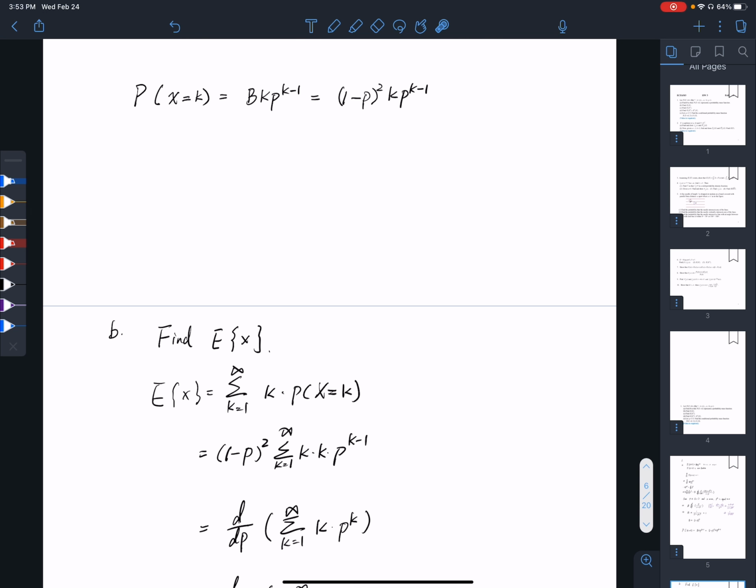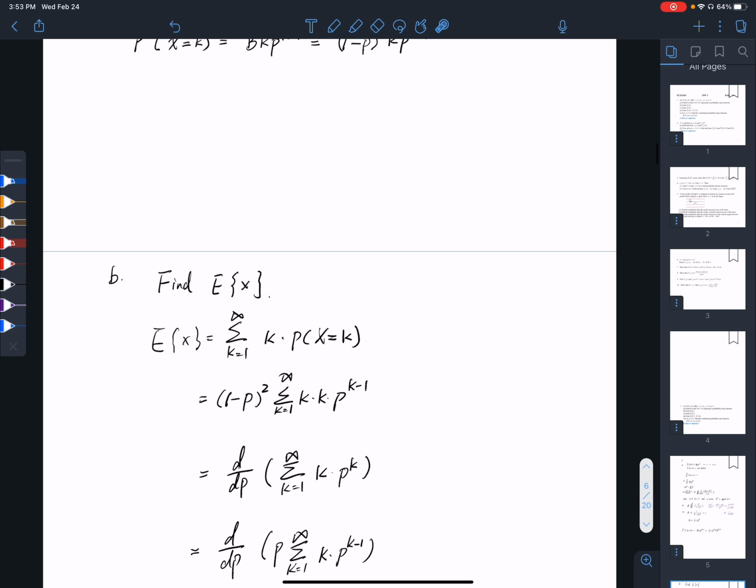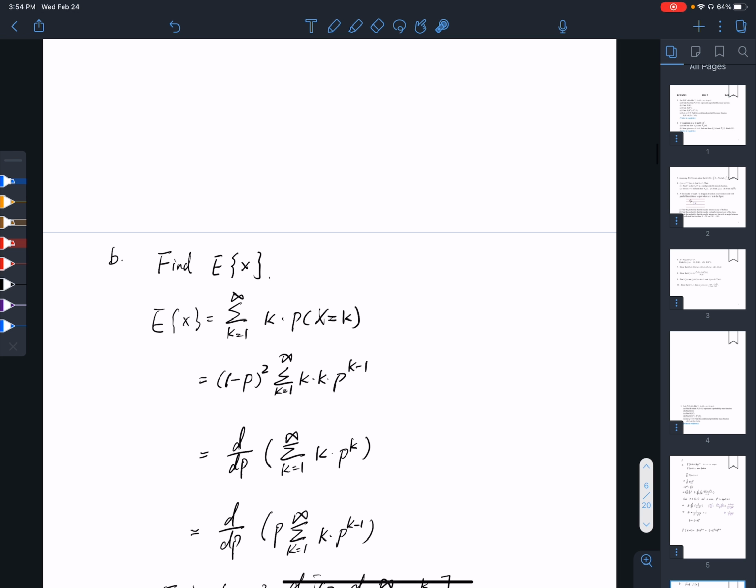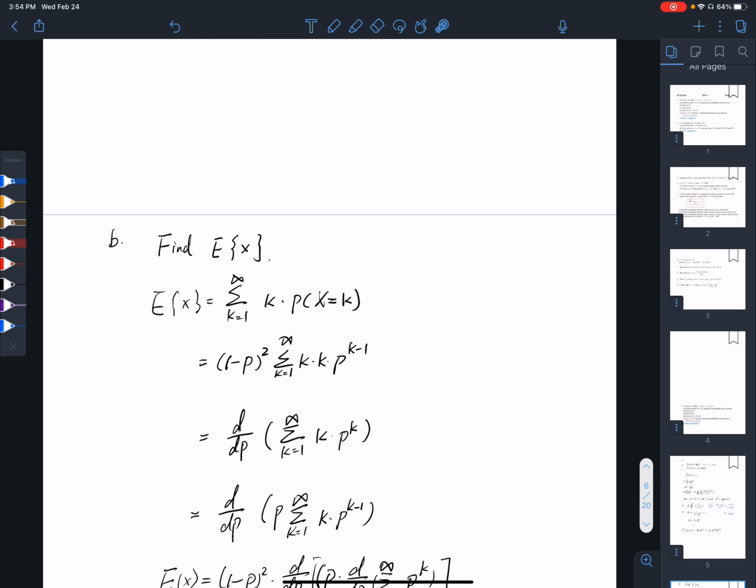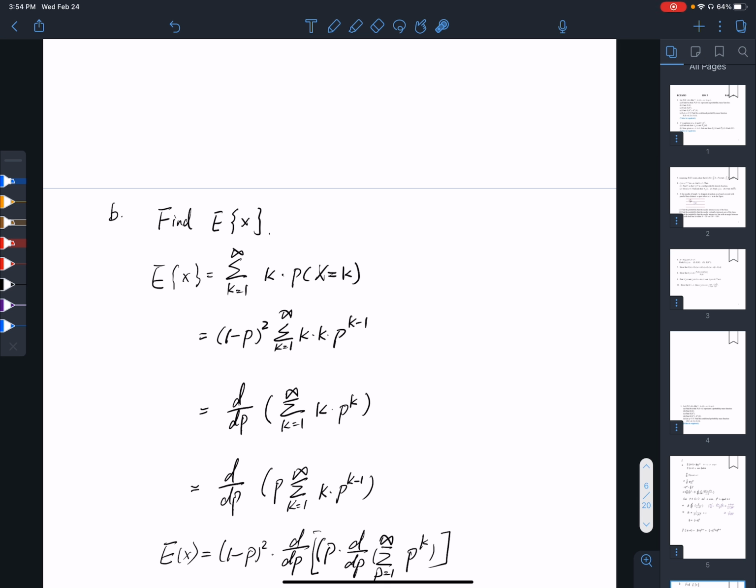Okay, the next one, question B, is we try to find the expected value of X. So basically we know the expected value is the sum of the probability that X equal to k times the k value. Yeah, and so we can see here we just plug in the b, we put the b outside, and